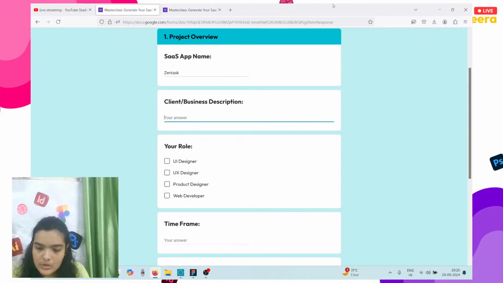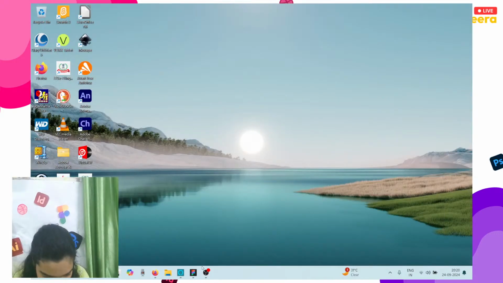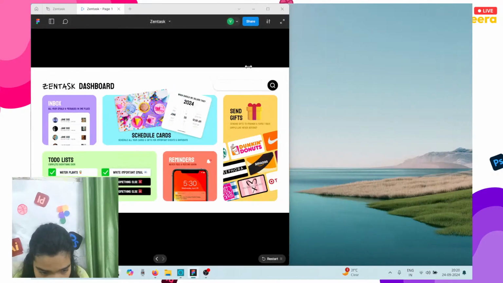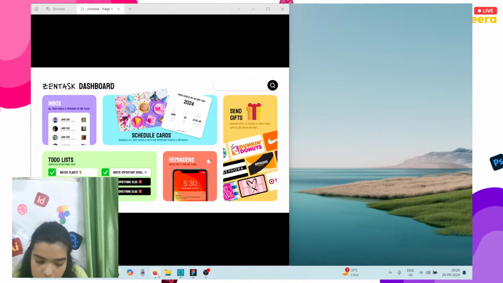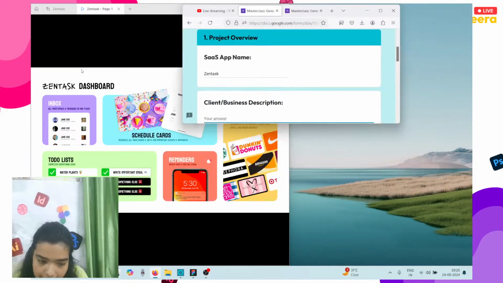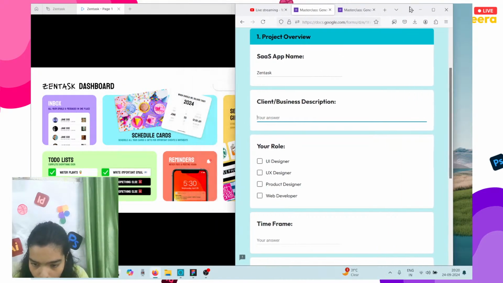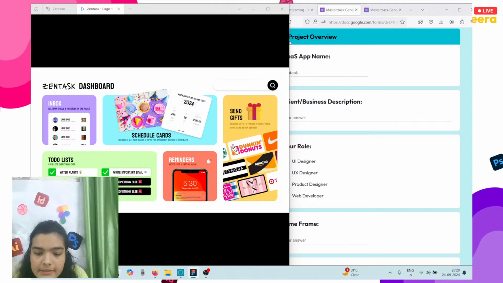The second thing that we're going to be talking about, hold on, let me just pull this up. So this is the app that we built a couple of days ago. It's a SaaS app, and also when you start to build your very own case studies for projects, you operate from a point of what are the different things I need to add, because here's the first thing that goes wrong. Every single time UI designers start building case studies,